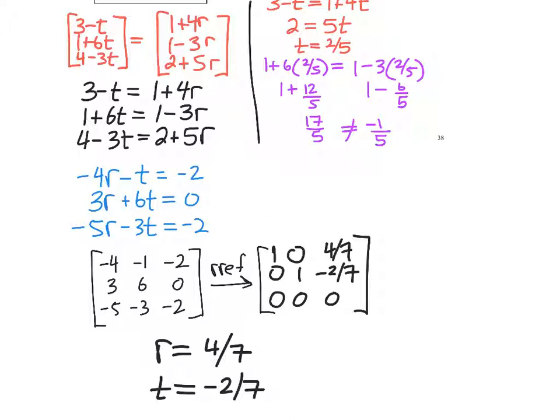The quicker, easier way to do it would be to use the squiggly brackets and then actually type in everything. So 3 minus T, comma, 1 plus 6T, comma, 4 minus 3T. Close up your squiggles and hit enter. It'll substitute all those values in for you and then do the math frac just once. All right, so this gives us